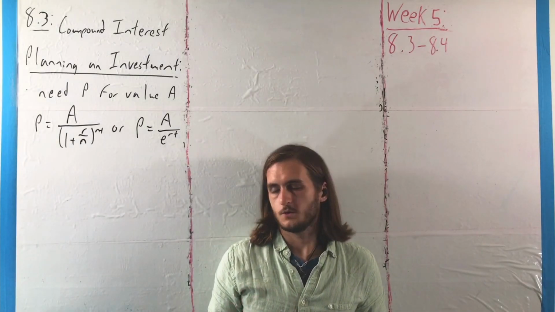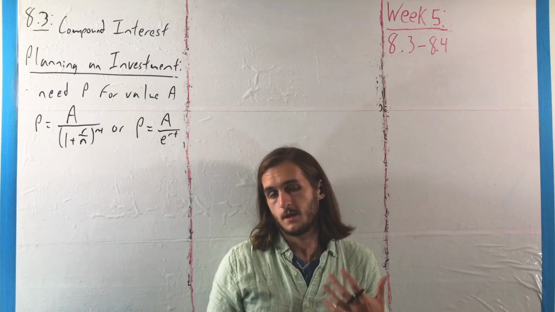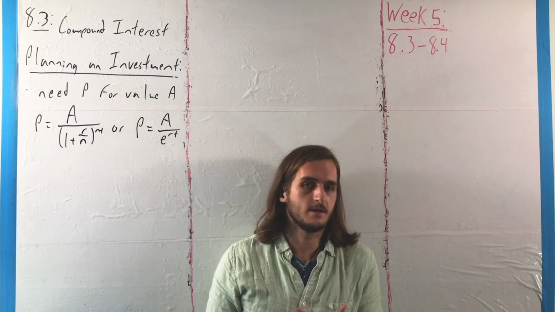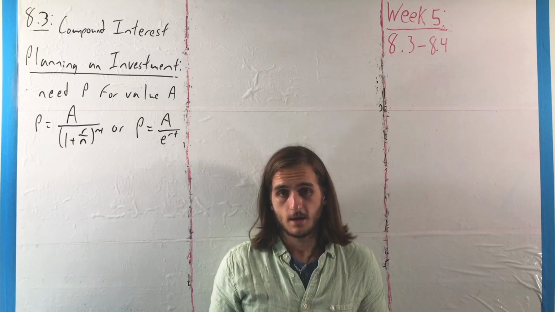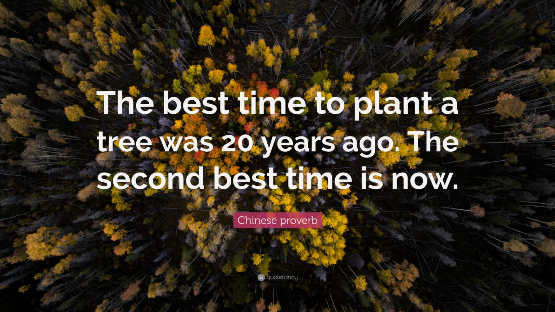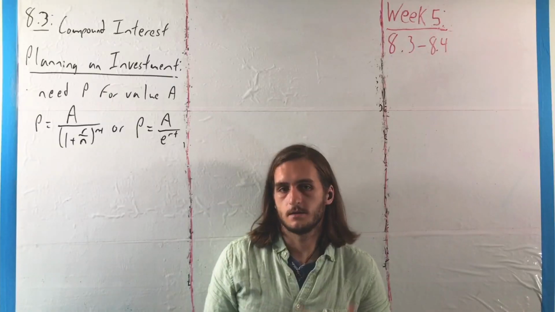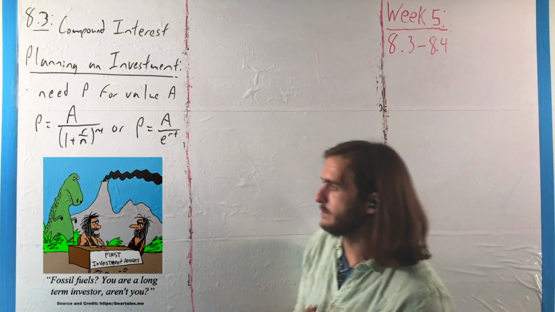When it comes to making investments or putting money away in the bank, there's an old Chinese proverb that fits very nicely into the strategies that we should take, which says that the best time to plant a tree was 20 years ago, the second best time is now. And for this, what we're going to be looking at is that idea